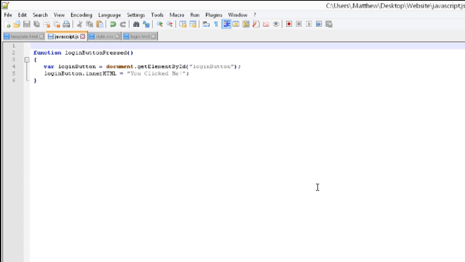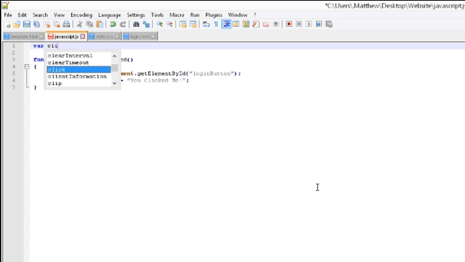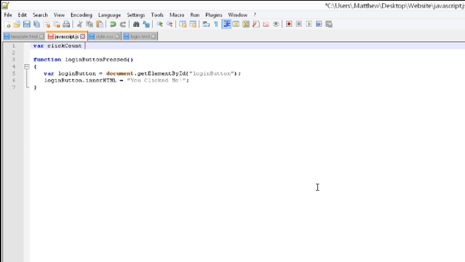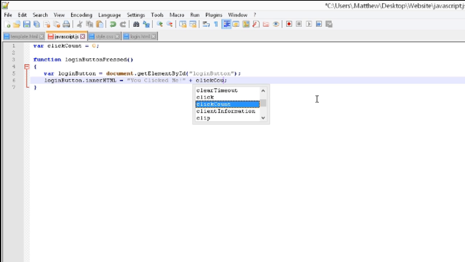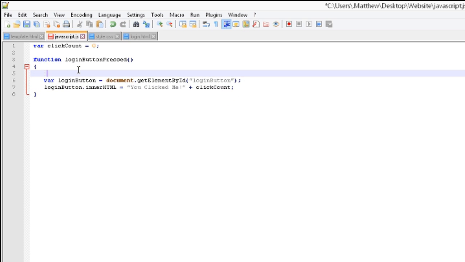And if we wanted to, we could see how many times we've clicked it. So we'll make a global variable called clickCount, and it'll equal 0. And here we'll say "You clicked me" plus clickCount. And before we write that, we'll do clickCount++. So we'll just add 1 to clickCount every single time,